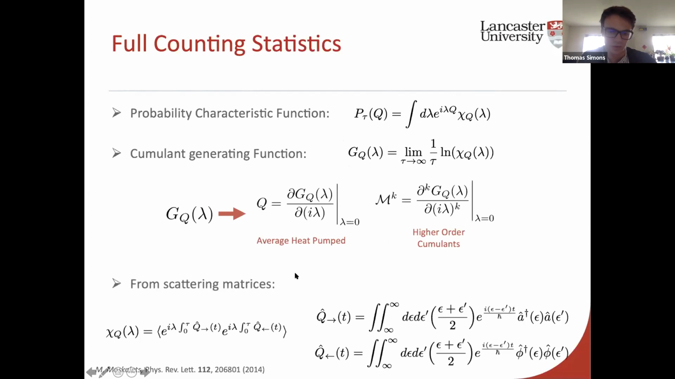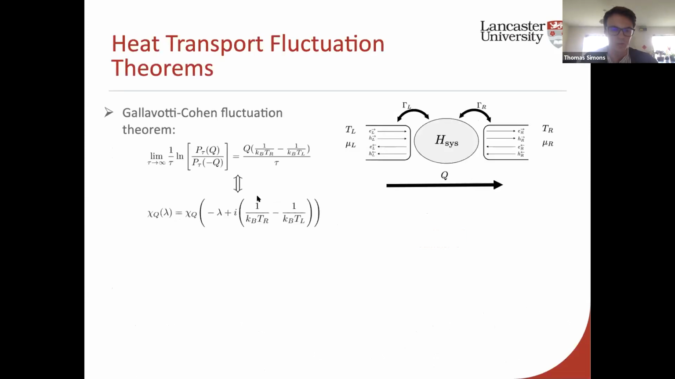So if we want to do this using a scattering matrix approach, we would need to calculate this expectation value here, where the ingoing and outgoing heat operators Q are given by these expressions in terms of the ingoing and outgoing creation and annihilation operators in the external leads, which are related by our scattering matrix. So if we can calculate the probability distribution,